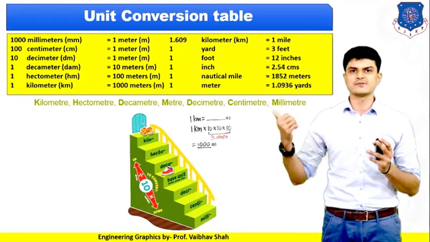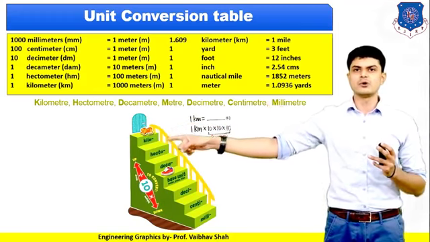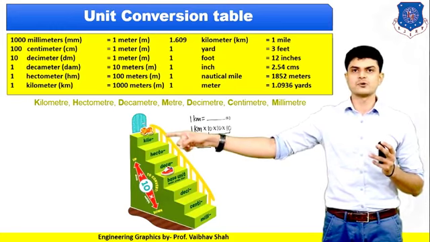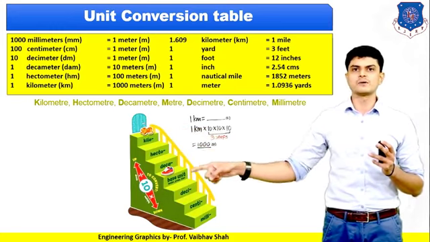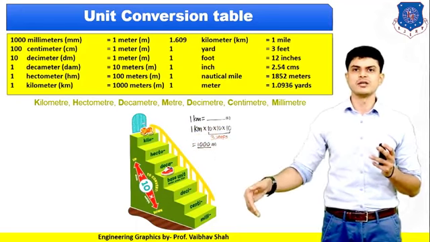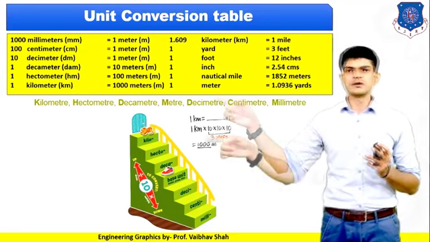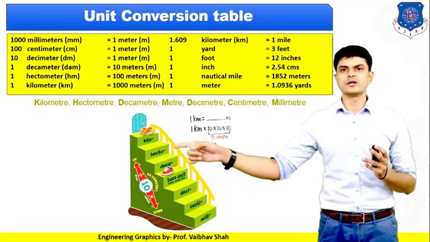As you can see, there is one cat here. So the cat is on the kilo stair. That means we have to go from the cat till your shoe, which is 1, 2 and 3 steps below this cat. So now the cat needs to come down by 3 steps, 1, 2 and 3.